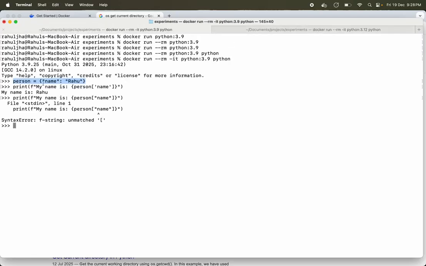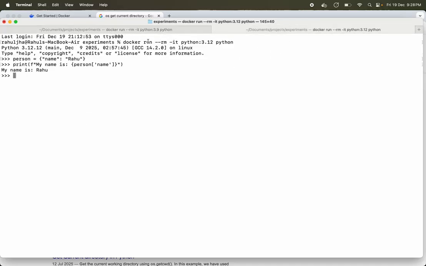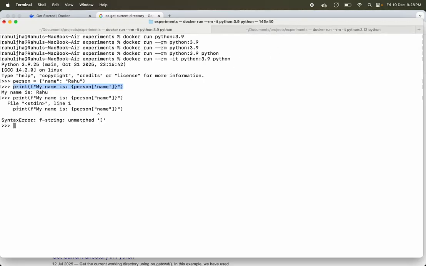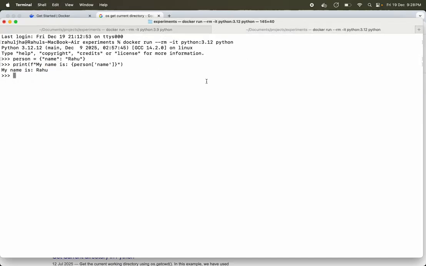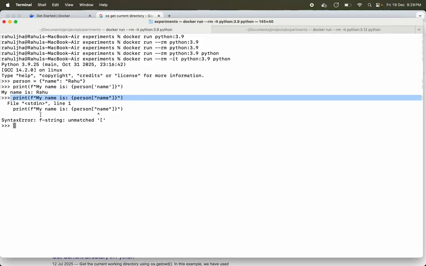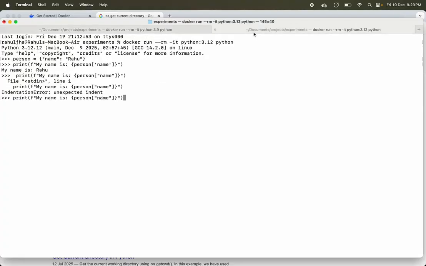Okay. Now I would like to print this. This will work fine. This worked fine before as well in 3.9. But now this is also going to work fine, because this is the feature that was introduced in 3.12. One second, sorry. I think I copied extra stuff. Okay. So if I hit enter here, you see this did not throw any error. Why? Because we are inside 3.12, and I find it really easy.